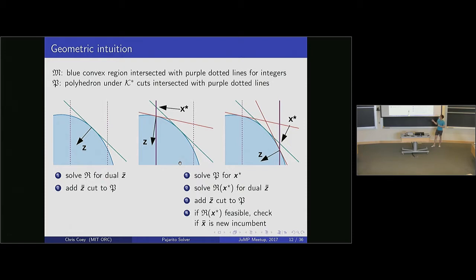And it's tangent right at that point, which is nice. We're going to add it, and if this is feasible, which in this case it is, then we're going to check if the new solution, x bar, which is going to be here, is a new incumbent for our MICP problem. Update our upper bound. And then we're just doing the exact same thing again, except we got this solution, x star here, and we're going to fix this integer value and solve this subproblem, get this dual and this cut here. So that's the intuition behind it.